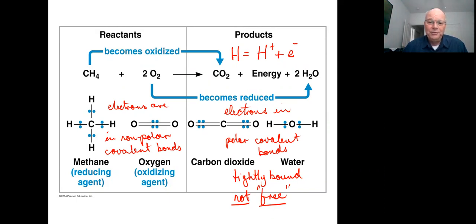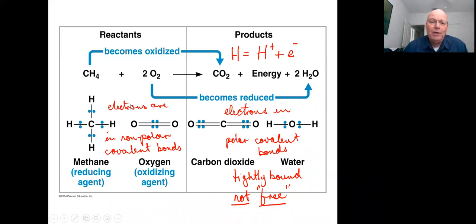The loss of the hydrogen, representing the loss of the electron, is the oxidizing side of the reaction. The gain of the hydrogen ion, representing the gain of the electron, or the gain of the hydrogen, representing the gain of the electron, represents the reduction side of the reaction. So when we see this movement of